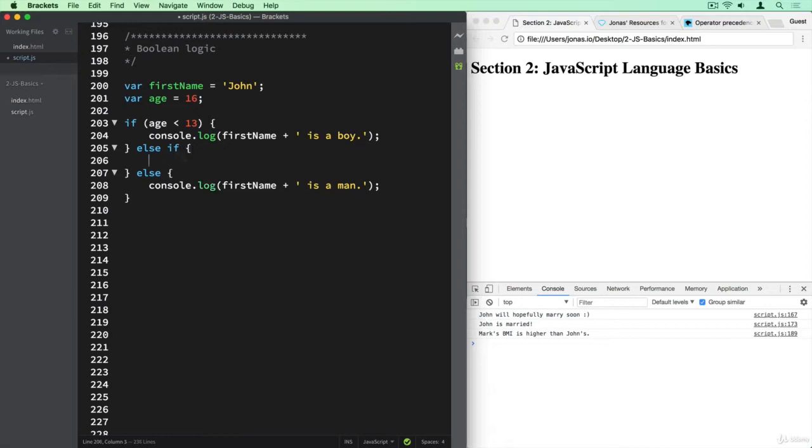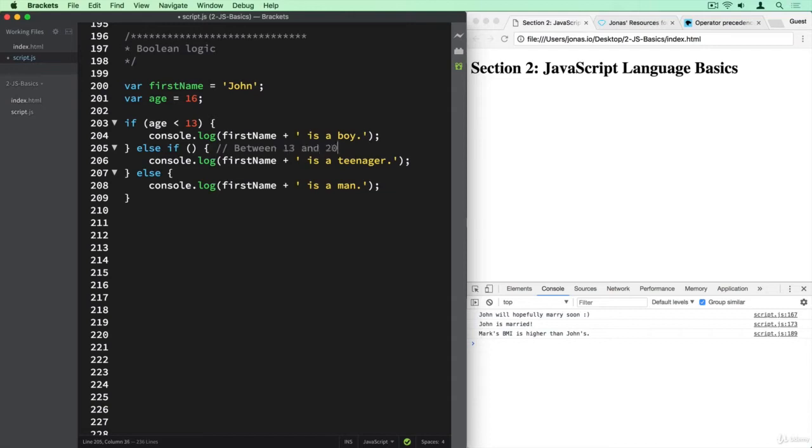And so here we can put some more text. And actually we need to add a new condition here. And so what do we want to have here? So let's first put in the result here actually, so that we know what we're actually talking about here. So let's say that he is a teenager. And so teenager basically means that he's between 13 and 20, right? So let's write that down here as a comment. Between 13